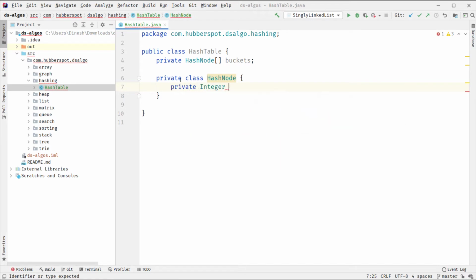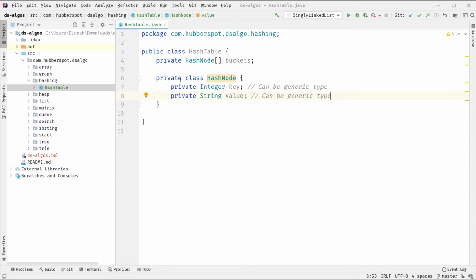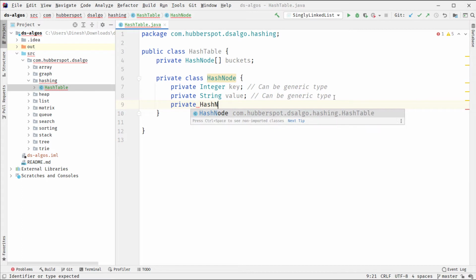One would be our key. So this can be a generic type. The second member would be value, and this can also be any generic type. So here for the demo purpose I am using the key as integer and value as string. And the third member would be the reference to the next hash node,